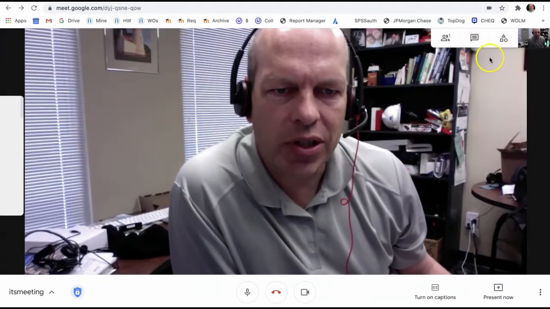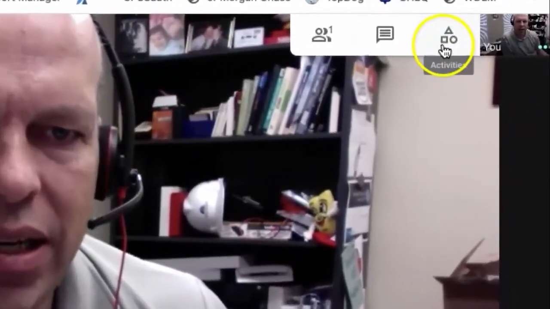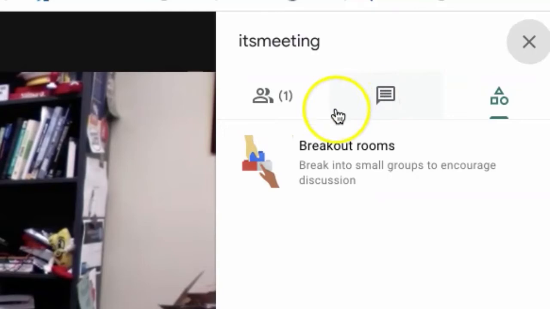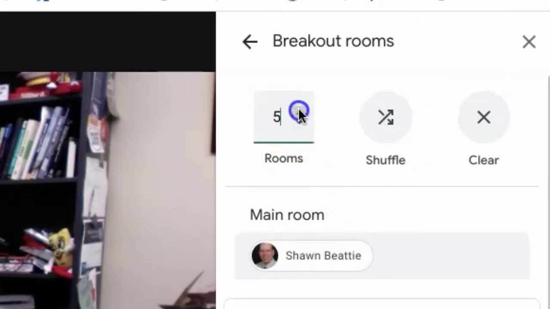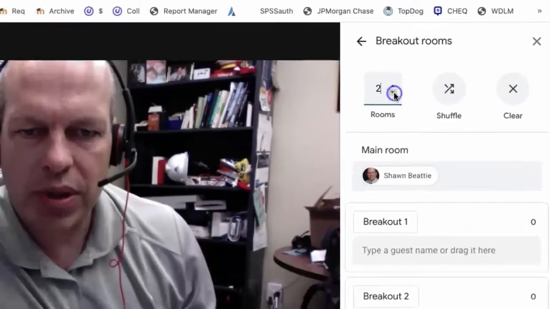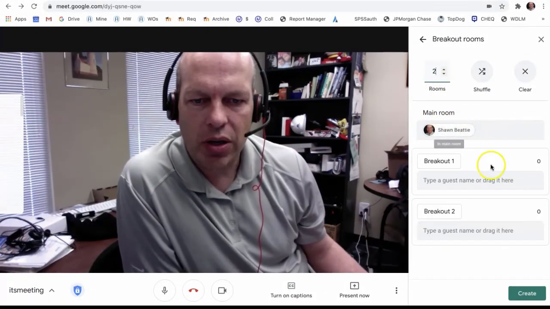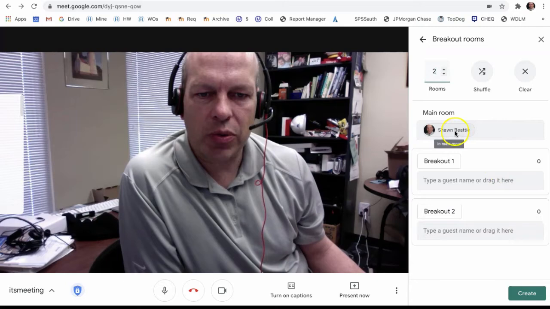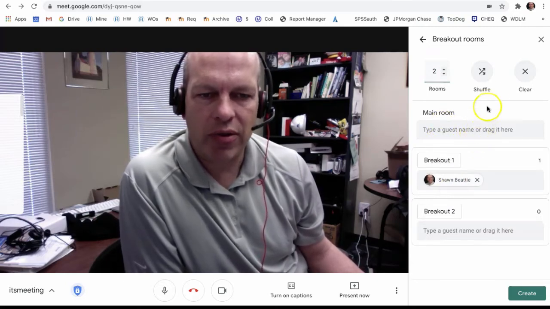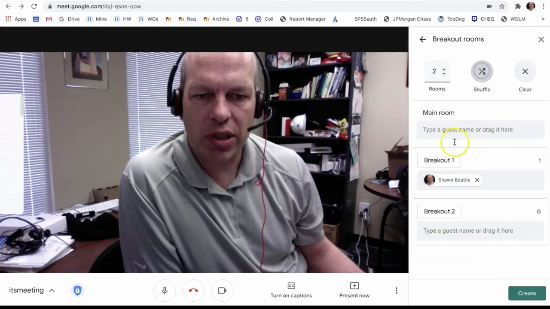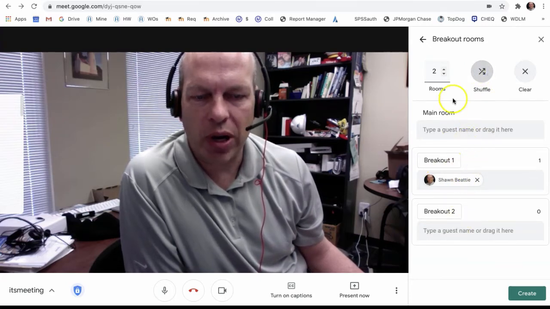The next new feature, which just recently added, is under the Activities tab. We now have breakout rooms available. If you click on the breakout rooms under Activities, you can create up to 100 breakout rooms. It defaults at 2. And you can populate those rooms with users, as many users as you have in your room, or shuffle to auto-assign them to the number of breakout rooms that you have.